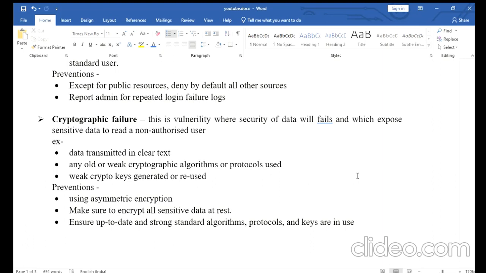So prevention for this cryptographic failure are using asymmetric encryption, make sure to encrypt all sensitive data at rest, and ensure up-to-date and strong standard algorithms, protocols, and keys are in use. So for this cryptographic failure, the preventions are by using asymmetric encryption, where for the encryption of data a different key is used, and for the decryption of the data a different key is used. So for both encryption and decryption, different keys are used,